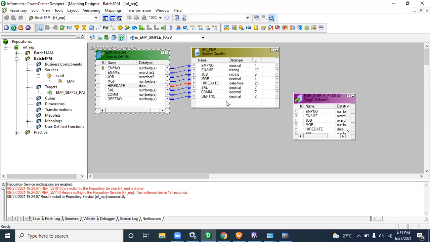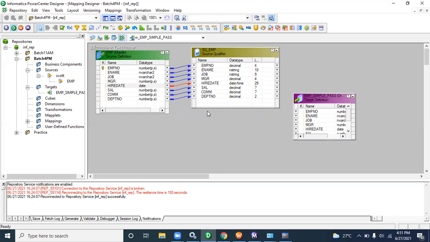So Informatica handles multiple databases and multiple source systems. For that reason, Informatica defines some data types itself, and it should be suitable for all databases, all file systems, even the XML file system. So this data type, no need to worry.